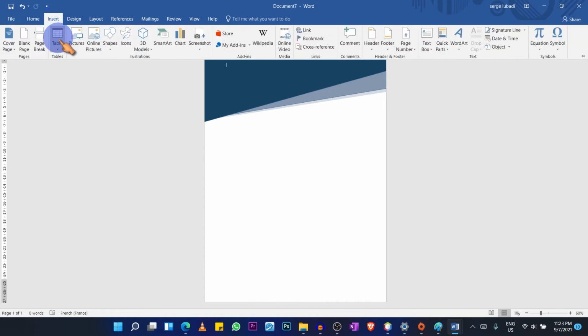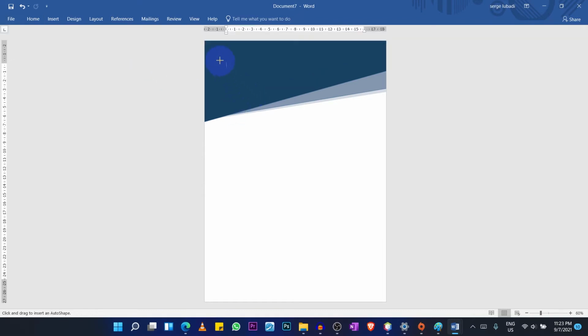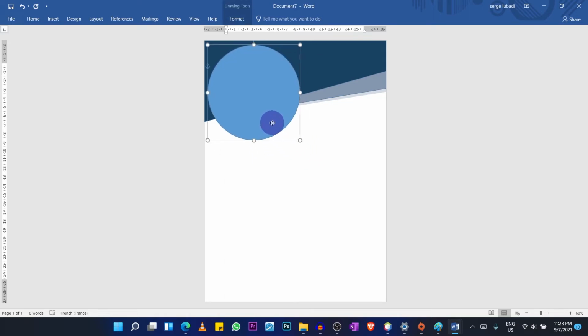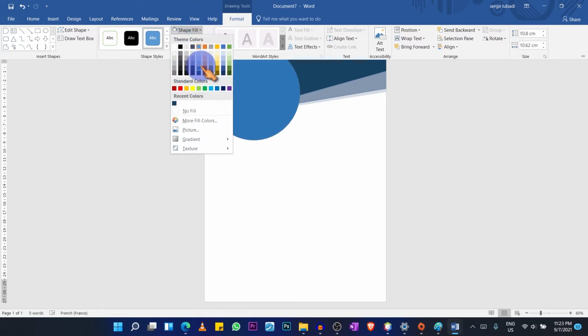The first thing, come in insert and get this oval. Press on that oval and you got this circle just like this. Put it on the right place, and to put the image in, you have to press on format. When you come on format, shape fill, you have colors, but we don't need colors. Just come down here,